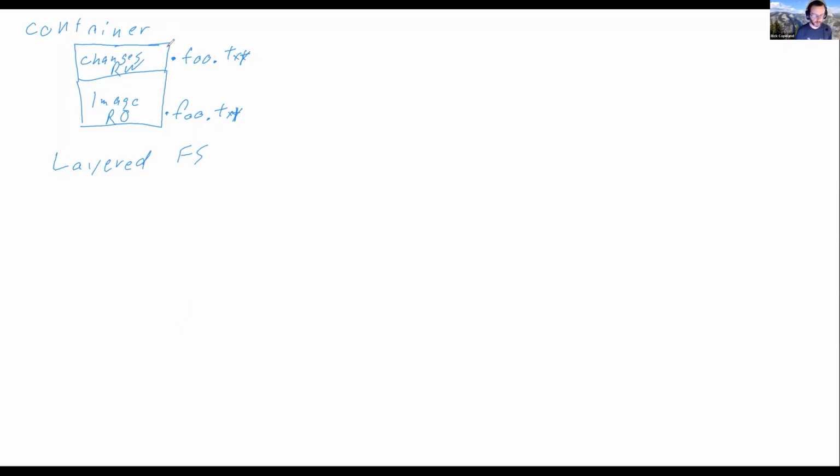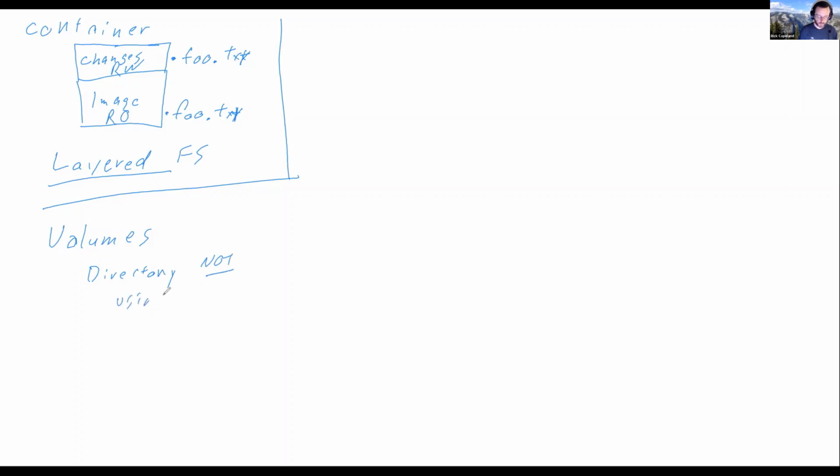There's also one other neat thing that Docker does, and that is we can have volumes. So that's most of our files, but then we have volumes. What volumes are is a directory that does not use the layered file system. And the reason is, when we're working with our containers here, one of the things that we might want to do